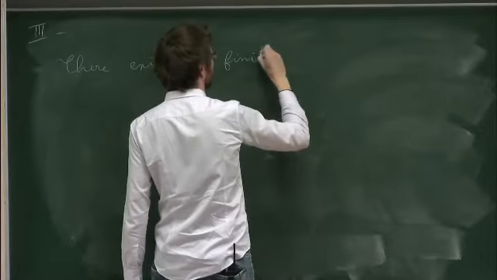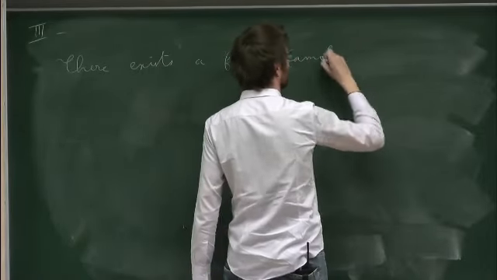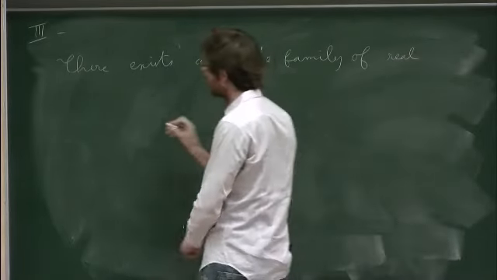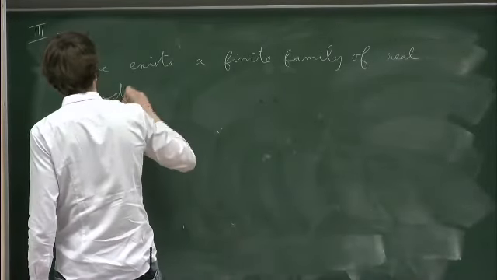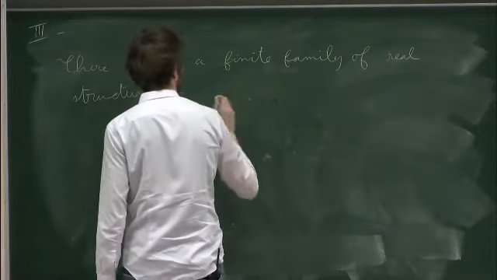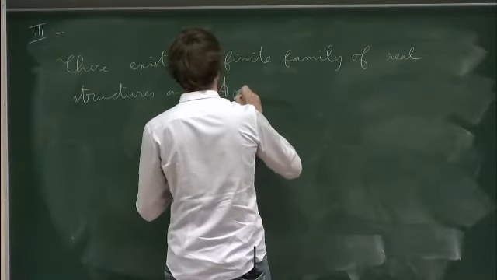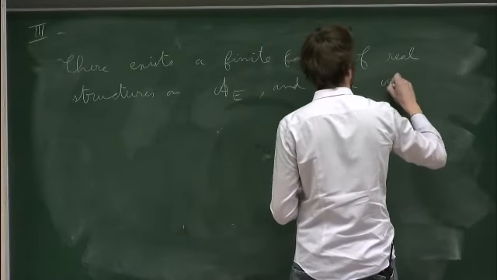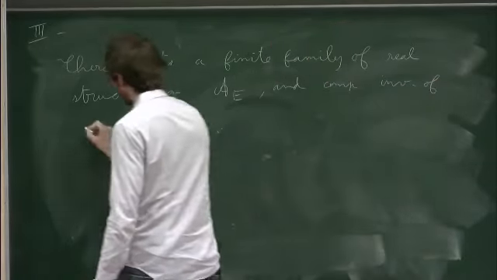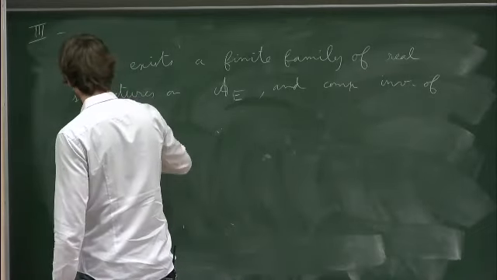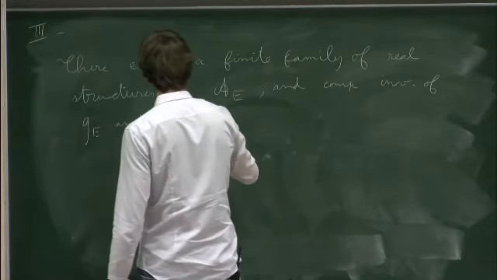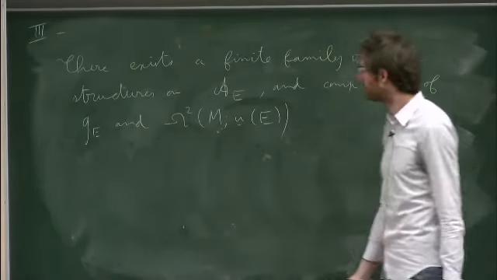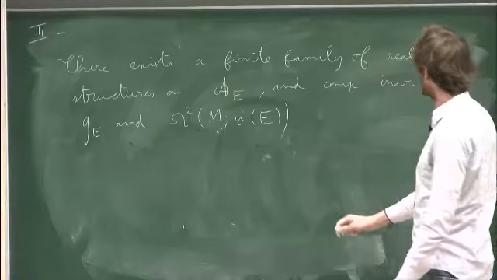There exists a finite family of real structures on the space of unitary connections and compatible involutions of the unitary gauge group and the dual of its algebra, which is just a space of two forms with value in the adjoint bundle,